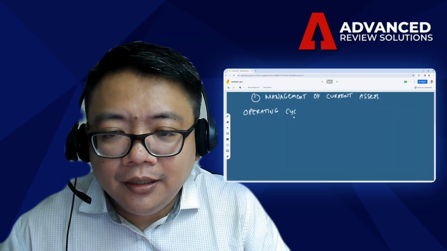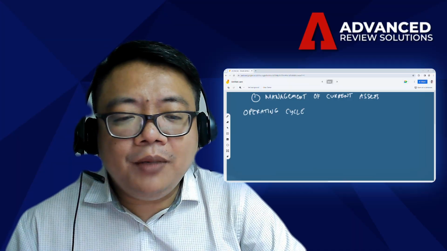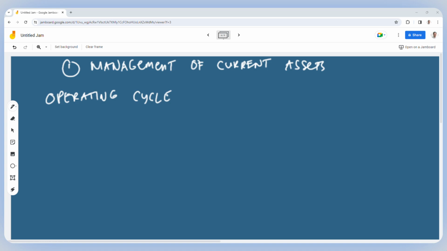Ano ba class ang ibig sabihin ng operating cycle? So, what is the operating cycle? Operating cycle here is that it is your normal